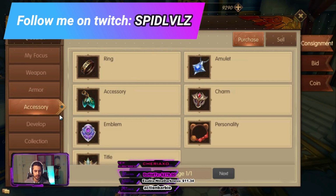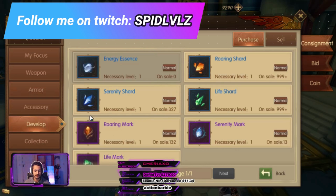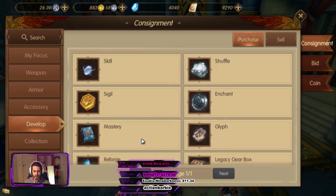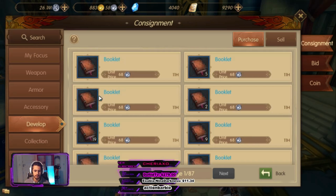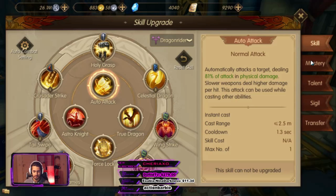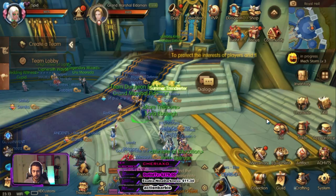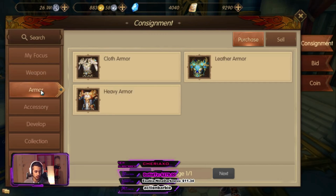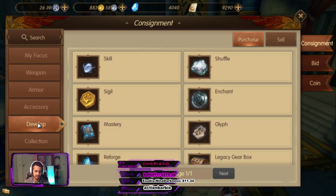This is what I would tell you to focus on the most: upgrading your skills as much as possible. If you have some extra gold hanging around, you always go for booklets and so on to upgrade your mastery. Go under here, you have mastery right there, you can go for that to upgrade your masteries. But yes, that's what you should be mostly spending your gold on. Now let's go through the list. What's the next most important? If you've spent on armor, weapon, and skills,